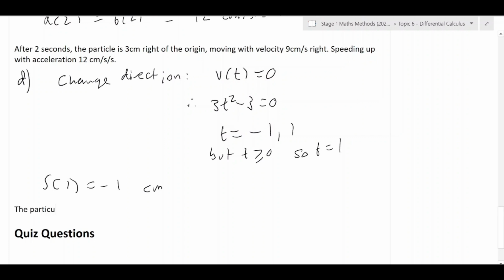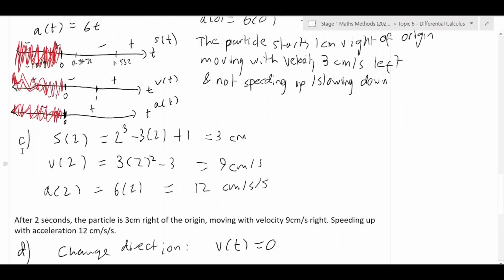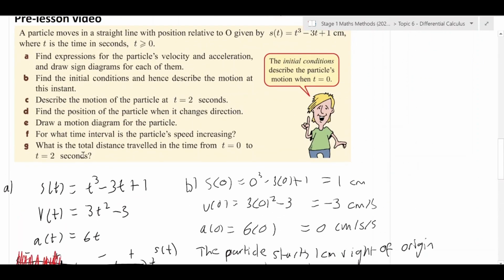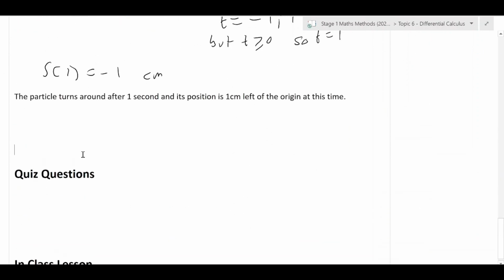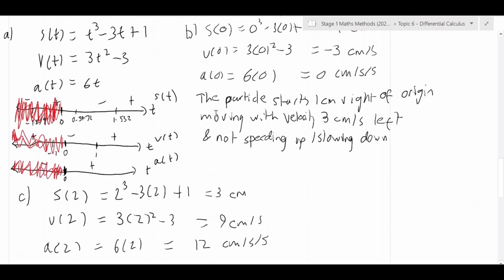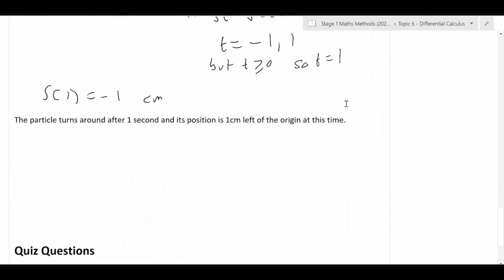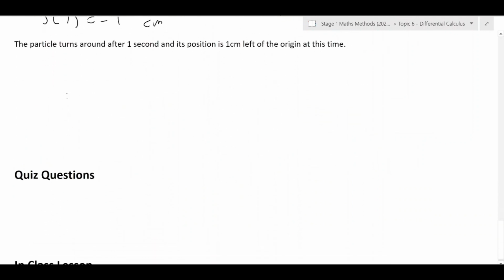The particle turns around after 1 second, and its position is 1 centimeter left of the origin at this time. Done. All right, for part E, draw a motion diagram of the particle. So essentially what you want to do is look at your initial condition. It starts 1 centimeter to the right, and the motion diagram